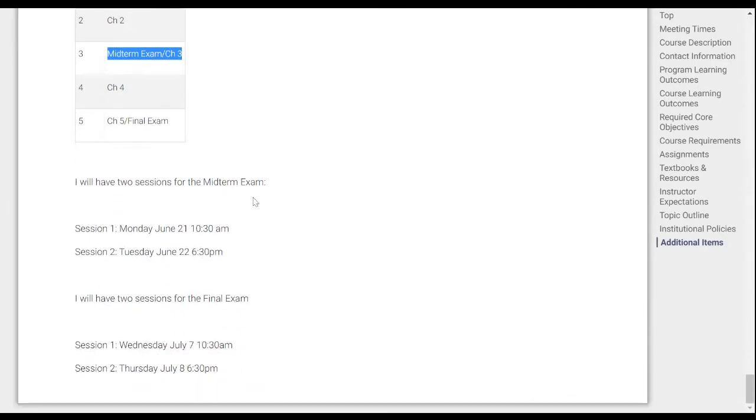And then we're going to be taking our exams, guys, on something called Microsoft Teams. It's pretty much just like Zoom. It's just through Microsoft, okay? And so I'm going to have 2 sessions set up for our midterm exam. One of them is going to be on Monday, June 21st at 10:30, and the other one's on Tuesday, June 27th at 6:30 in the afternoon. I don't know if any of you all are working right now, but if you are, you want to make sure that you're available one of those 2 days, right? You don't have to be available both of them. Those are the 2 different times I'll be testing. You're just going to pick one of them.